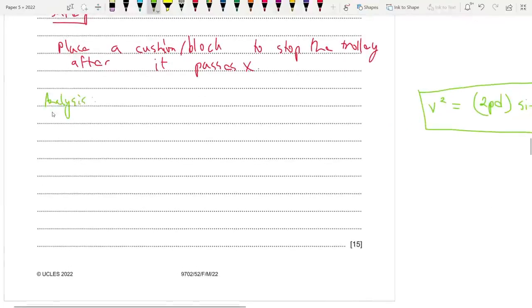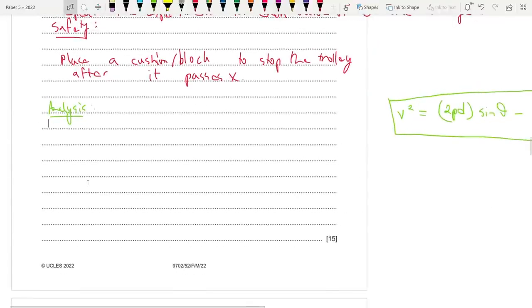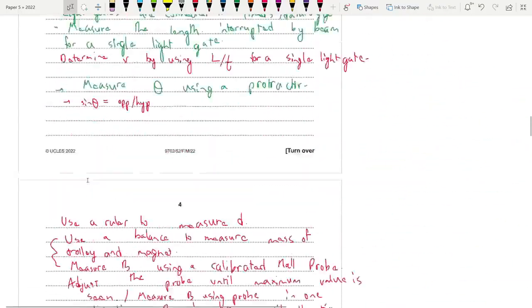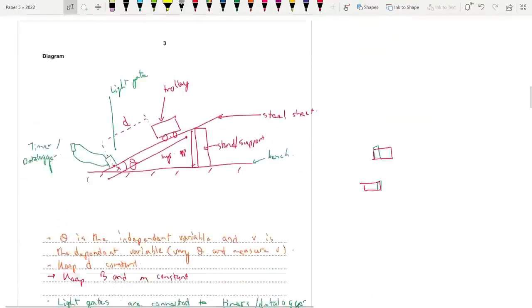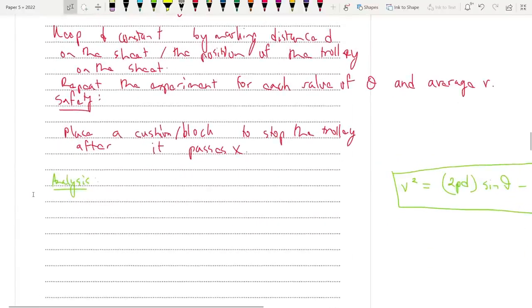Sometimes there's marks for working, like showing the y is equal to mx plus c relationship, but over here it's not given. So you could actually draw it inside the question, right? Or you could just do rough work, it's fine. So this is always the first part. You're gonna get marks for this by saying that plot a graph